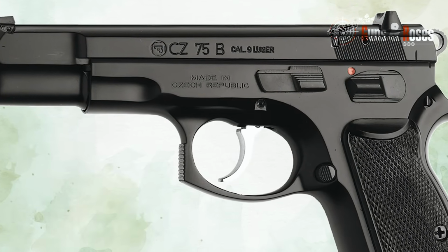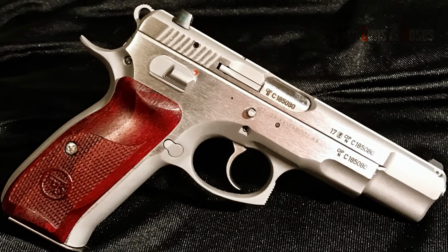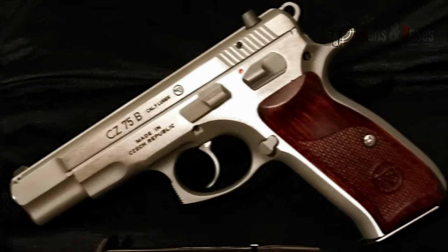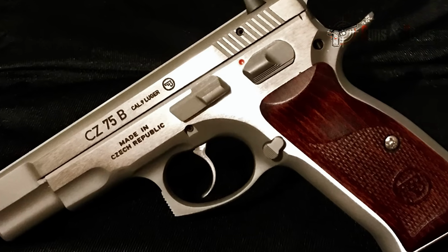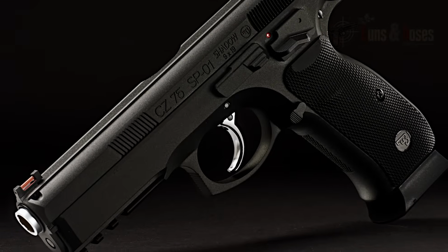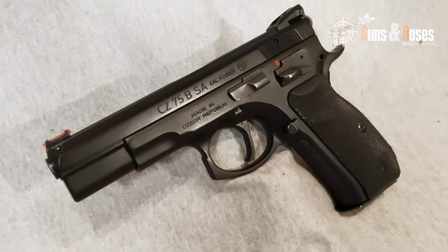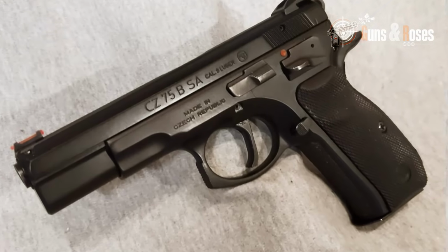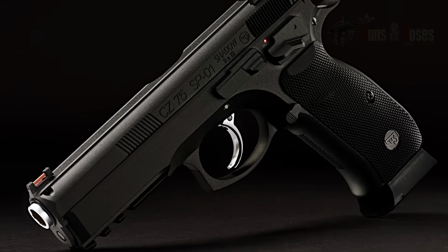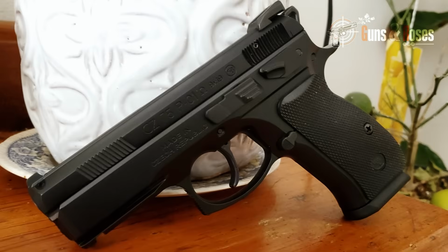While the CZ75 has undoubtedly left a mark in the firearms world, it's essential to consider its limitations. The pistol's full-size steel frame kinda makes it heavy and less suitable for concealed carry. Additionally, its older design may not include modern features found in newer handguns. It's an ideal self-defense handgun and it sure delivers, but it's not as much as it is sometimes hyped up